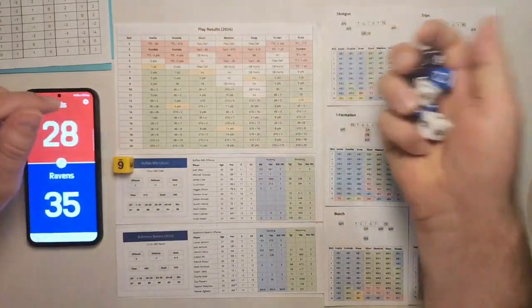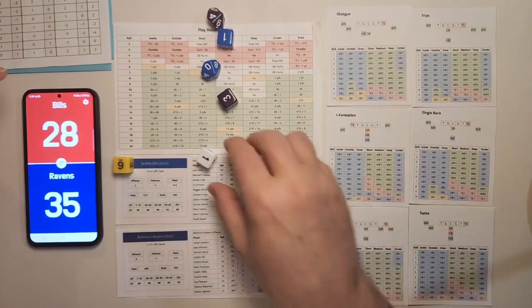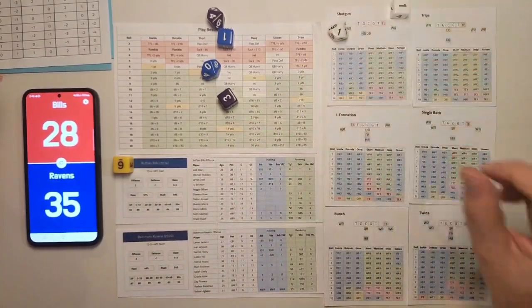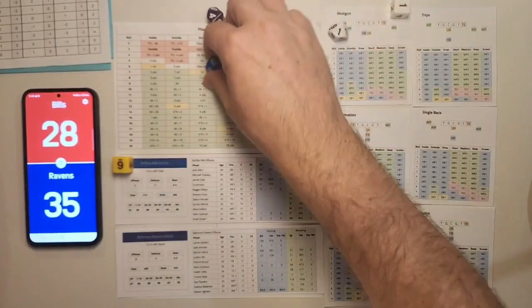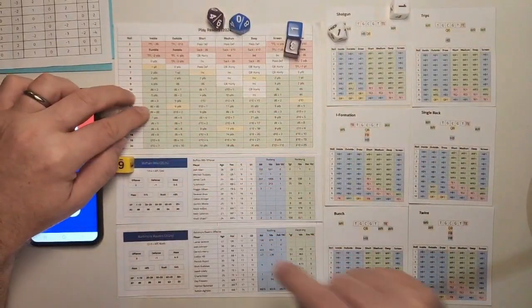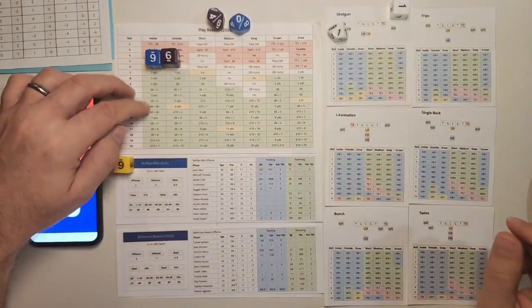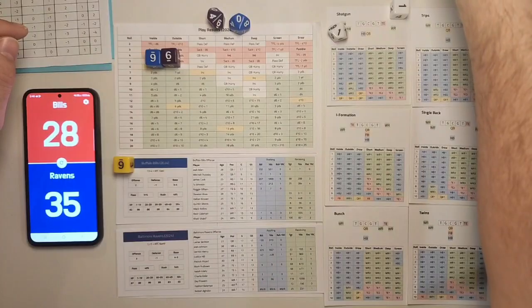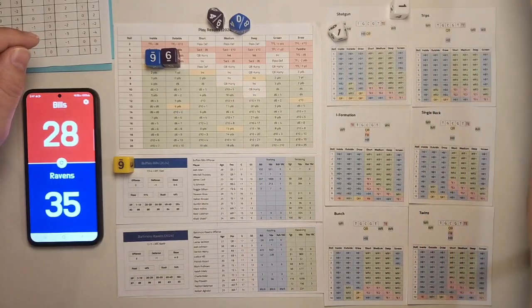So the ball is spotted at the Ravens 31. It'll be 1st and 10. And 1st and 10, shotgun formation for Josh Allen. They'll hand it off up the middle, and that's going to be against the blitz. So inside run against the blitz is a -2, puts them at a -1 advantage. So 13 on an inside run, 2 D6s. This will be Cook up the middle as they hand it off out of the backfield, and he gets 12 yards. So a little shifty run. So 10, 11, 12, down to the 19, and that brings up 1st and 10